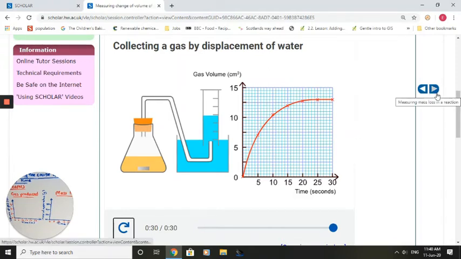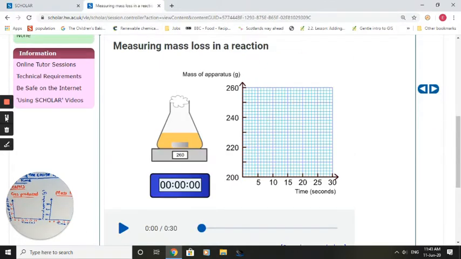So, the second experiment was measuring the mass lost over time. In this case, we're going to produce a graph which looks kind of similar, but also a little bit different to the one before. This time we're measuring the mass lost in the reaction. So you can see from the balance here that the total mass of the apparatus, that just means all the equipment here,